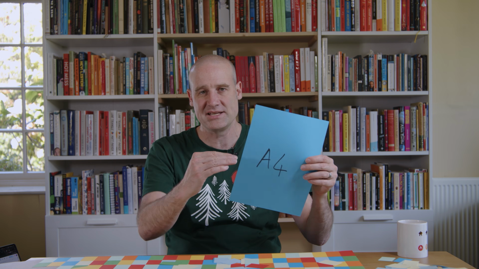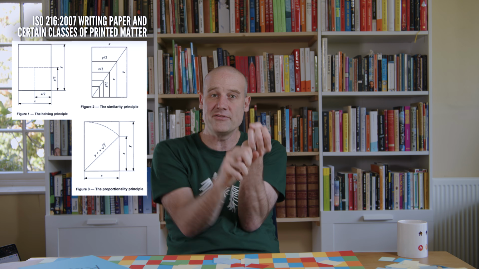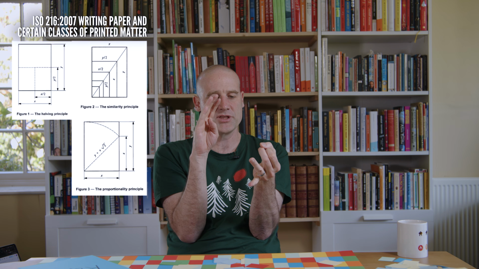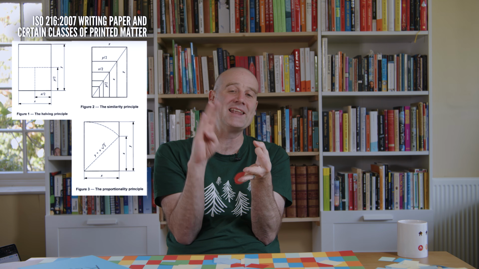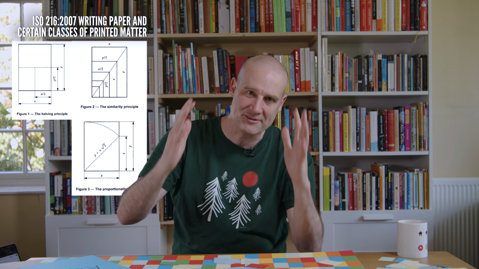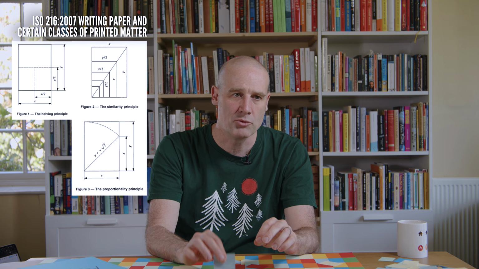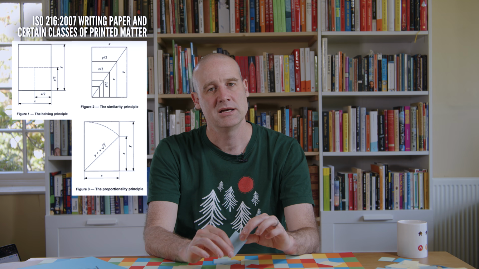And we realized, you know, people confuse the splitting and the similarity and the equal and all this stuff. So we came up with those three properties. And then when I looked at the official ISO definition of the A4 paper scale, they have those three properties. They call it the halving principle, the proportionality principle, and the similarity principle. So we were just messing around with it, but it turns out we came up with the same three rules that are in the official spec document. Although Eliane did want to add one more important property, that they're able to make a cool spiral.